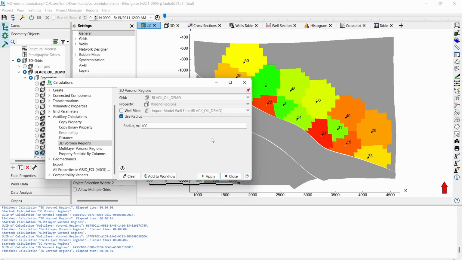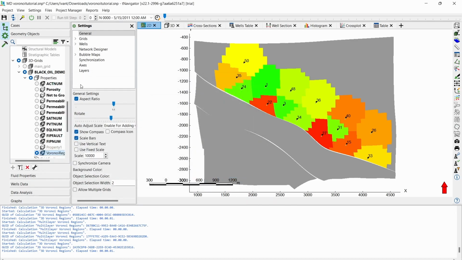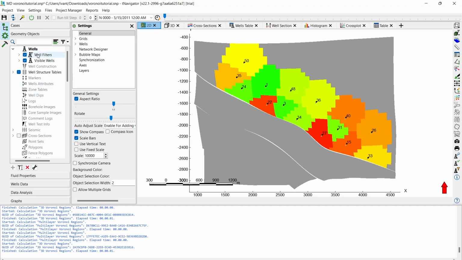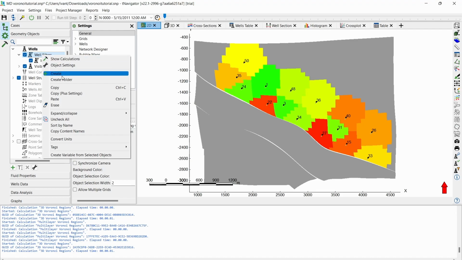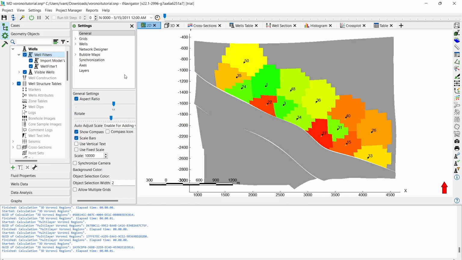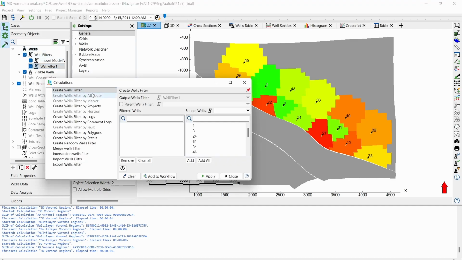And then next we are going to create a well filter. Here we can create a well filter, and then we're going to click on this hammer again. We're going to choose which wells we're going to use. For example, I want to use wells 36, 50, 48 and 15. Apply,